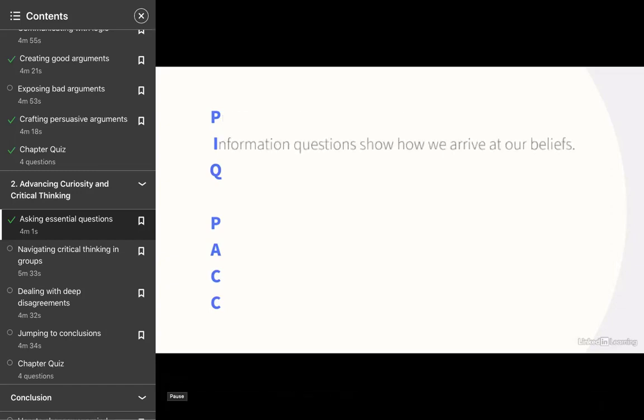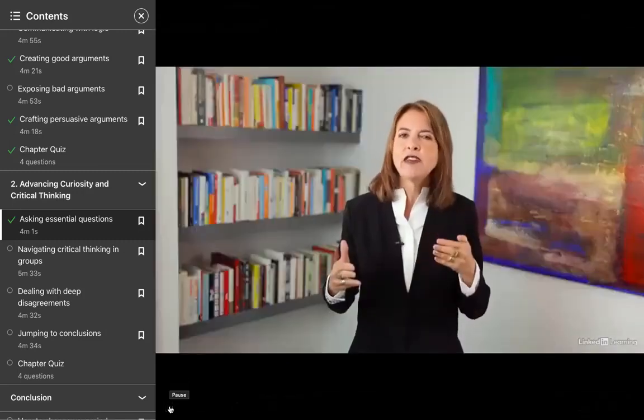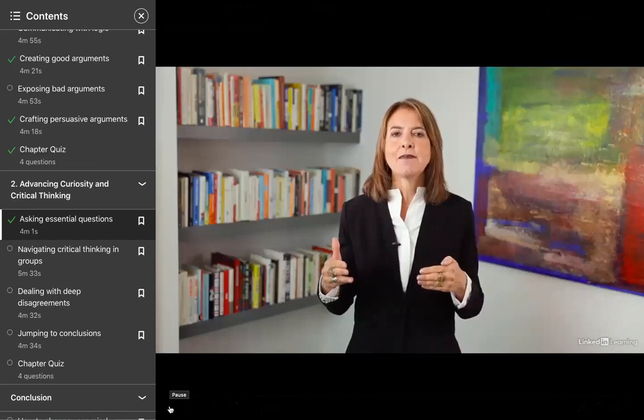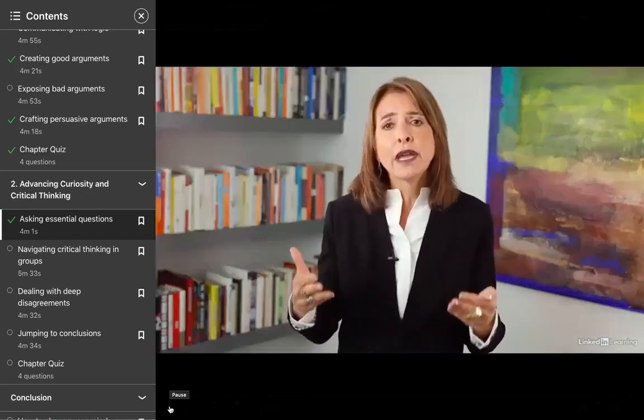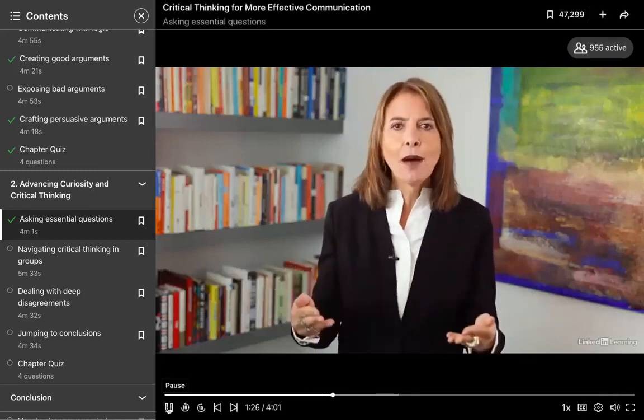Information questions give us background on how we came to believe what we believe. For example, when my neighbor said that they should keep everything open and we should live life normally until the moment the virus miraculously disappears from the face of this planet, I asked him, interesting belief, how did you come up with that kind of idea? WH questions. You might soften information questions by saying, this is interesting, or out of curiosity, before asking, on what information are you basing that comment?